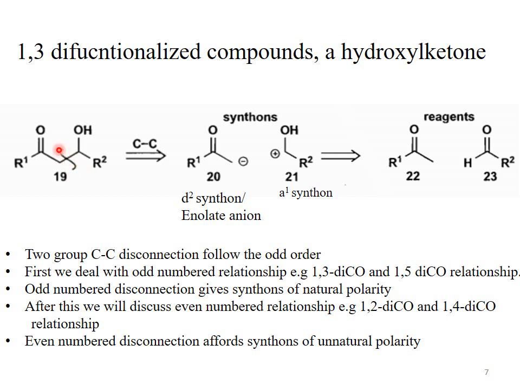The bond between alpha carbon and carbonyl carbon is the alpha bond. And the bond between alpha carbon and the beta carbon. The beta carbon is that carbon which is attached with the OH. It's a beta carbon. So, the bond between alpha and beta carbon is the beta bond. This wiggly line showing the carbon-carbon disconnection. It means, we will discuss over here the disconnection of the beta bond.